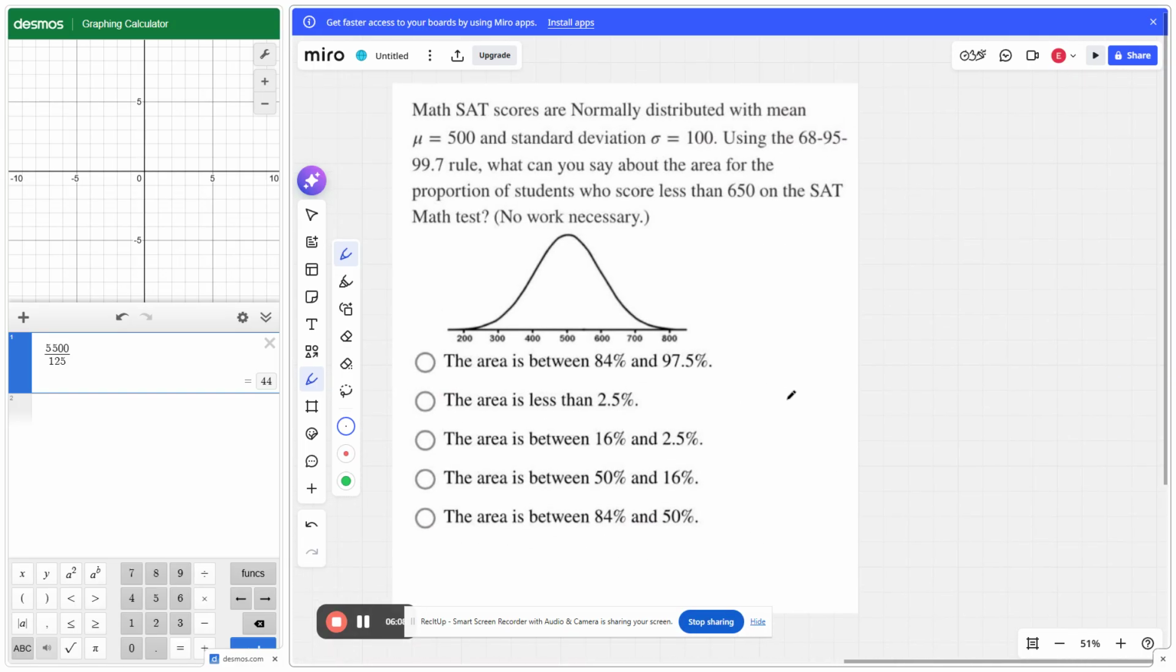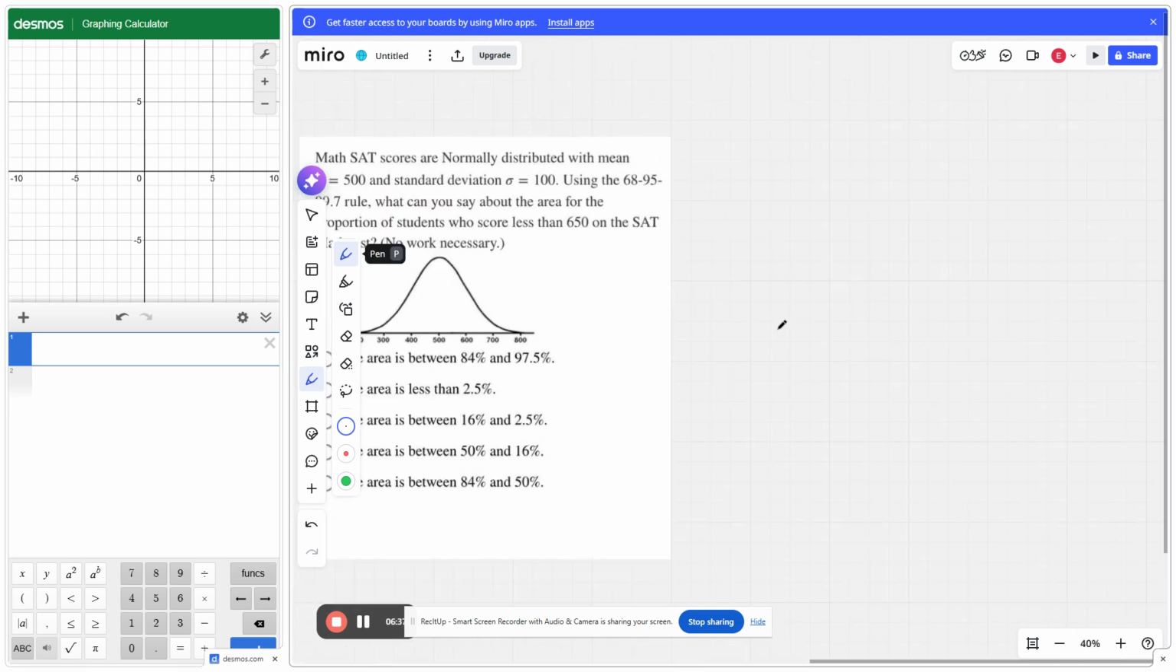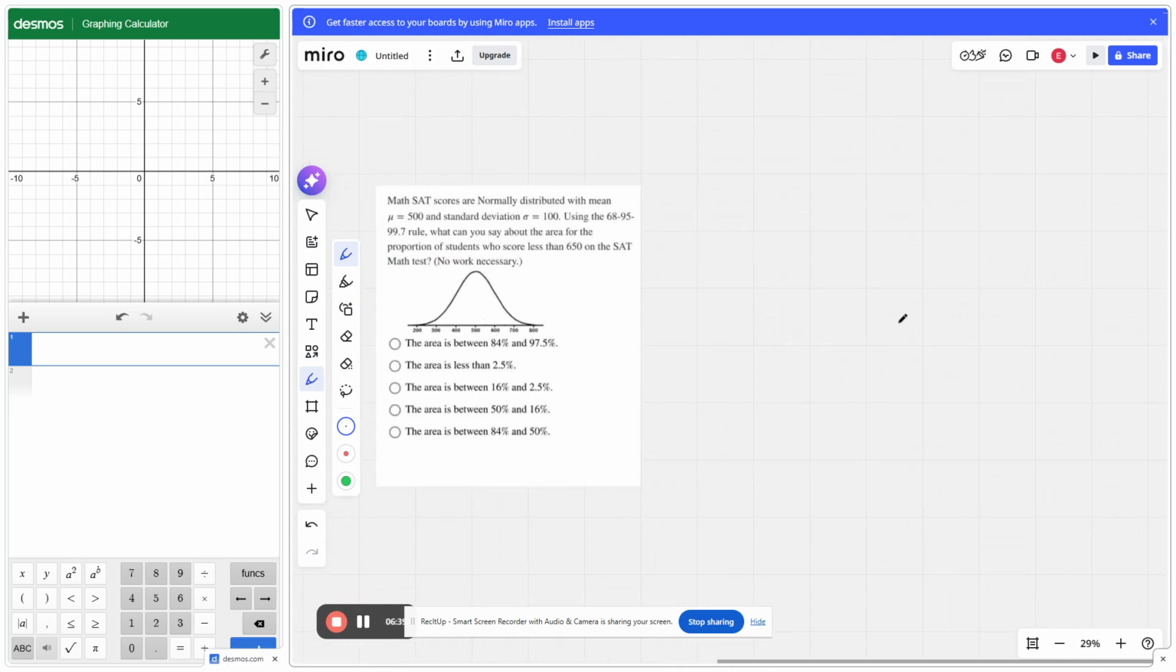So this problem states that the SAT scores are normally distributed with a mean of 500 and a standard deviation of 100. Using the 68, 95, 99.7 rule, what can you say about the area for the portion of students who score less than 650 on the SAT math test? So essentially, for this question, we have to know an important rule. So in a normal distribution, which is essentially just this curve,